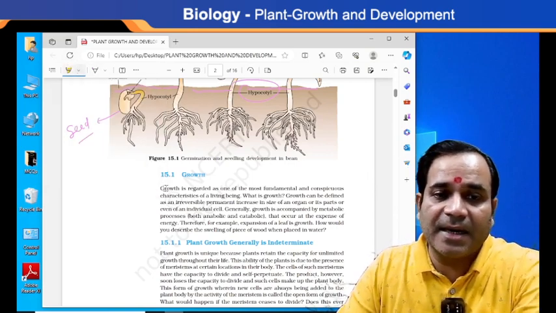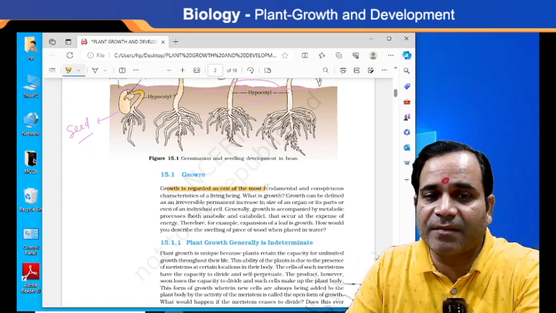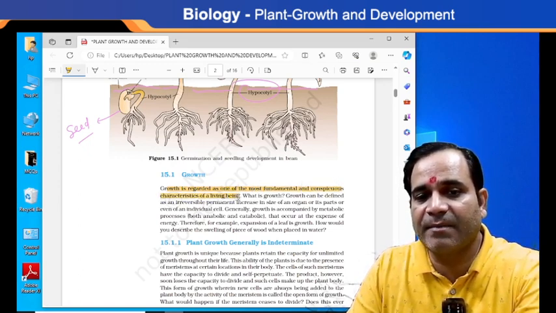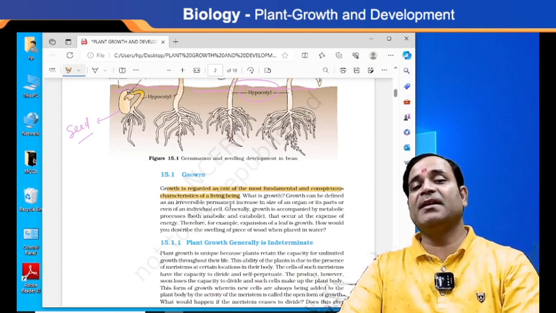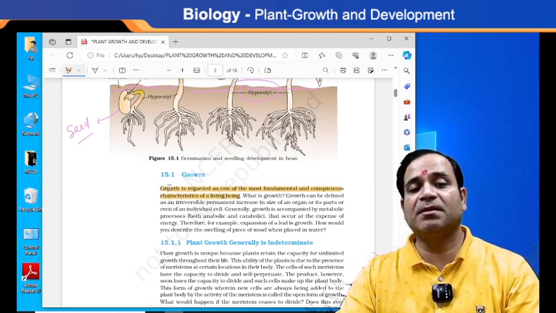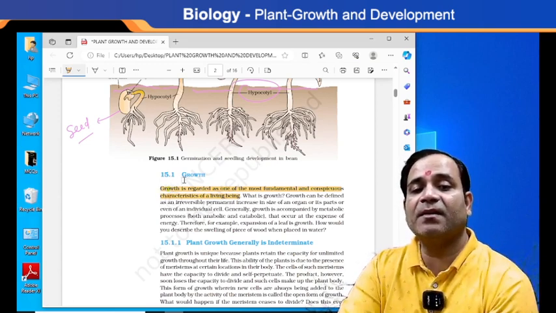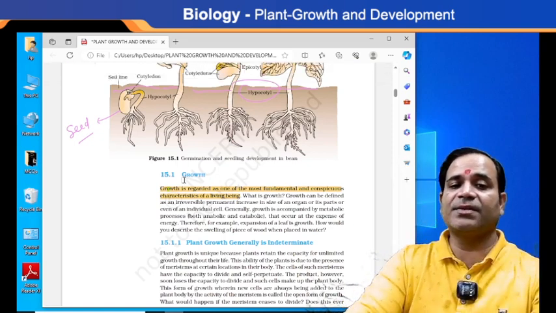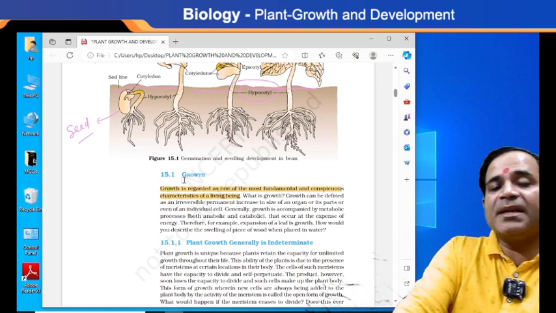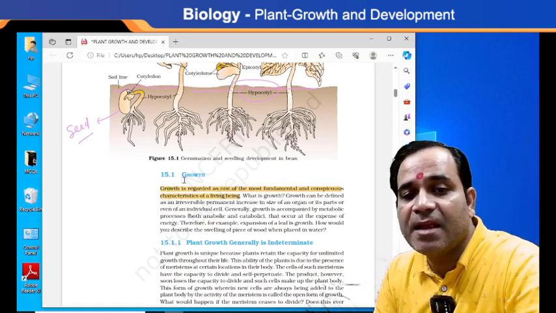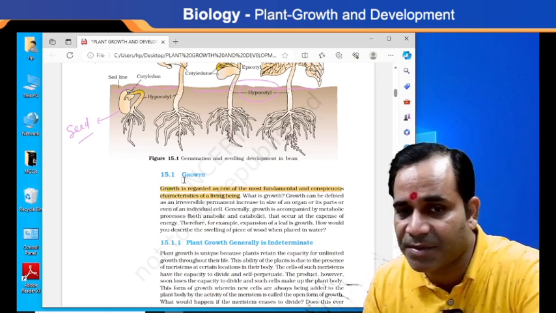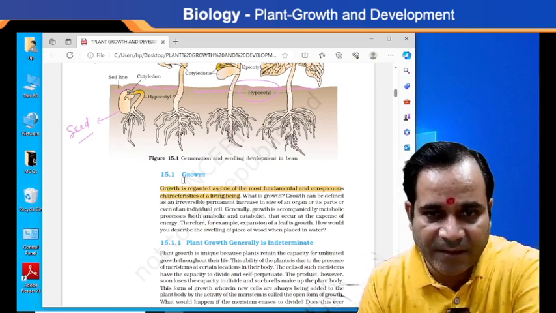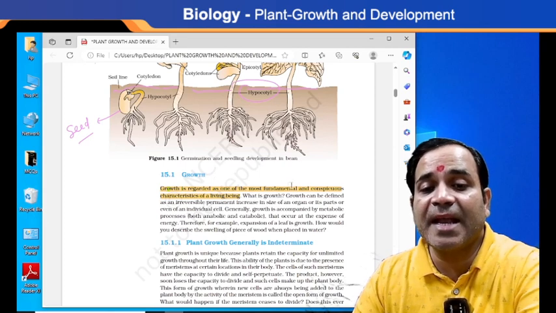then what do we say? Here I'm saying that growth is regarded as one of the most fundamental and conspicuous characteristics of living beings. If growth is a very fundamental and conspicuous characteristic of living things, it means that each and every living organism has growth. So growth can be defined